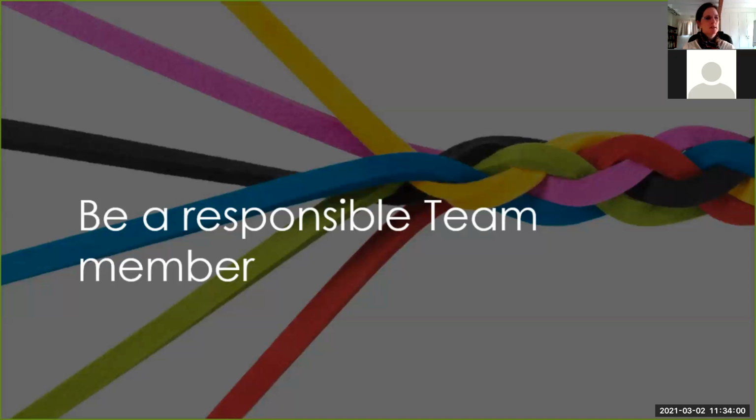In terms of being a responsible team member, there's being supportive of the team. In the same way, if you're a team member, you represent that team to the world, so represent them as best you can. If your team is not doing well, you speak to the team and say, guys, let's do better. If your team's doing well, you praise them.